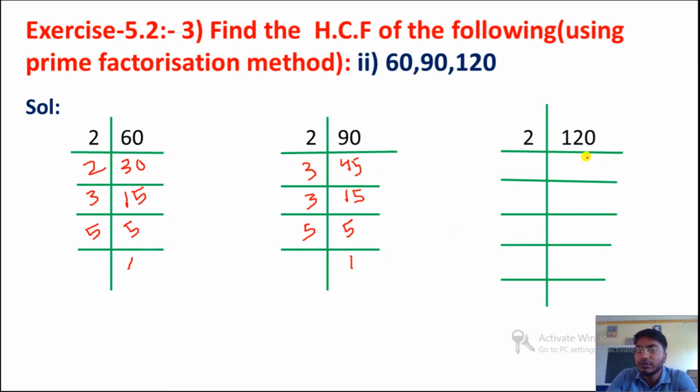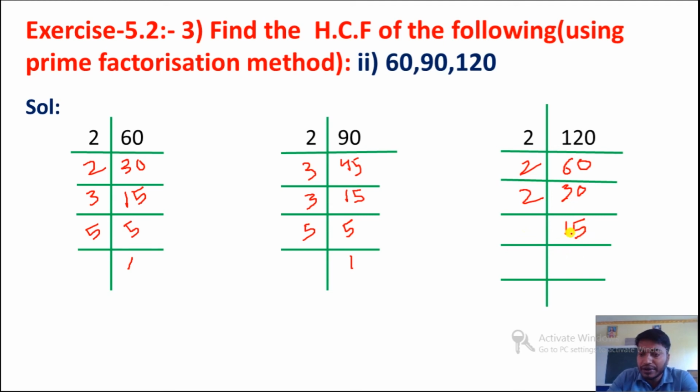In the same way we will do it for 120. 2 6s are 12, and we get 10. Again it will go by 2, 2 3s are 6, then we get 10. Now again it will go by 2, because here we have 30, which is an even number. How many times will it go? 2 1s are 2, 10, 2 5s are 10, 15 times.